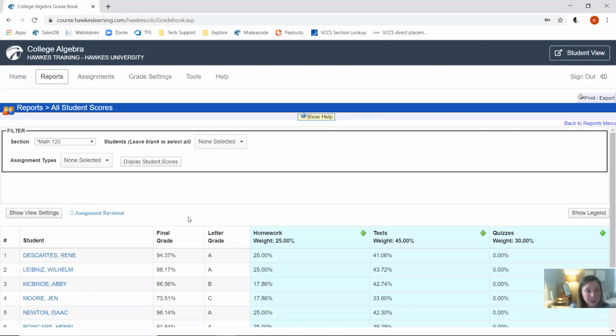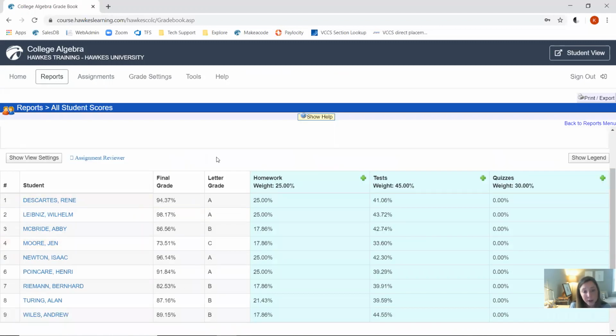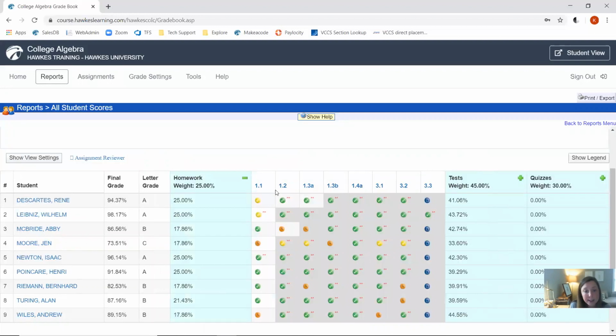So this really allows you to track entire sections of students, see what their final grade or grade to that point is, and then see what their weighted grade is for each of the grading groups that you have set up. So if you ever wanted to expand any of these groups to dig in a little deeper and see exactly how your students are progressing through the homework assignments that you've selected, this allows you to expand and view